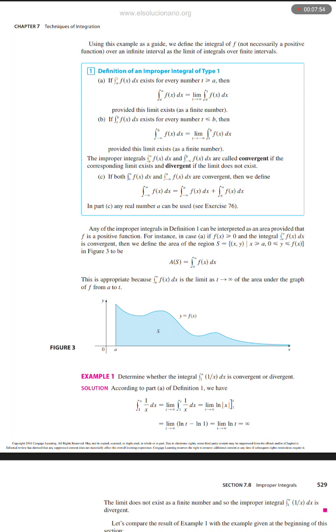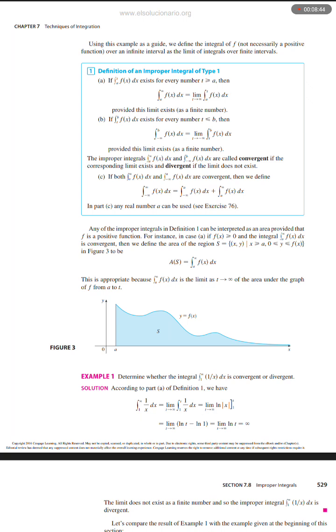For instance, in case A, if f of x is greater than or equal to 0, and the integral from a to infinity of f of x dx is convergent, then we define the area of the region S equals the set of (x, y) such that x is greater than or equal to a and 0 is less than or equal to y, and y is less than or equal to f of x,